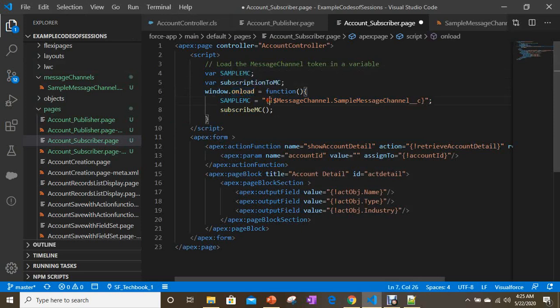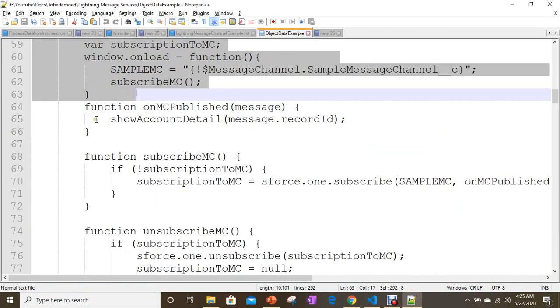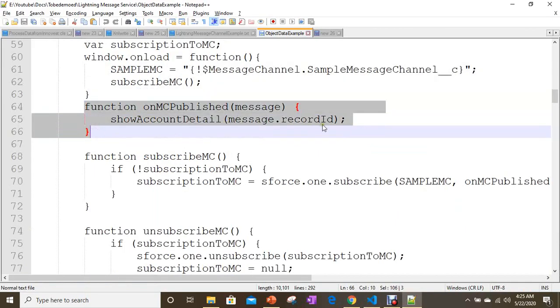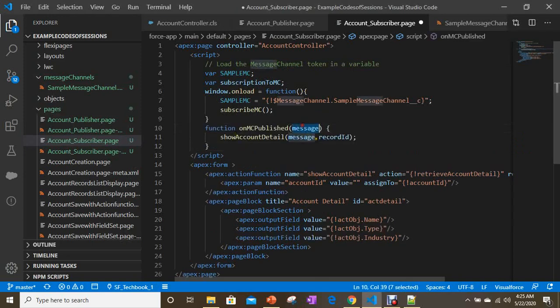Whenever this page loads, it automatically subscribes to our sample message channel, and then it calls this on publish message. So through that it can get the record ID. Whenever I get this record ID through the message, I am passing it to show account detail. So this show account detail is a method name, okay, which I already gave as the name of the action function.